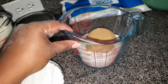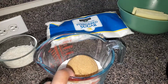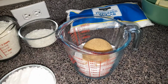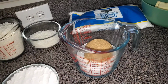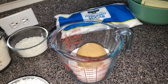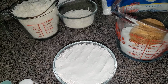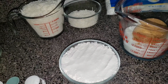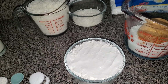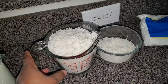Okay, so for the cake itself, you'll need 2 cups of sugar. You'll do 1.5 cups of granulated sugar and 1/2 cup of brown sugar. I have done this before with a bunch of different desserts, and if you want to just use brown sugar, by all means use brown sugar. Then you're going to do 2 cups of all-purpose flour. I like my cake to be a bit moist. Even though this recipe is calling for butter, I still like for it to be a bit more, just to melt in your mouth. So I'm doing 2 cups of cake flour,